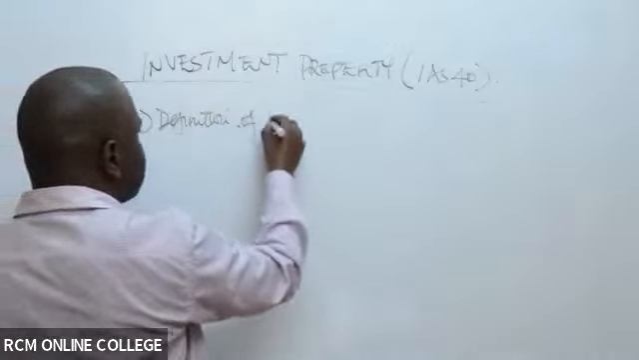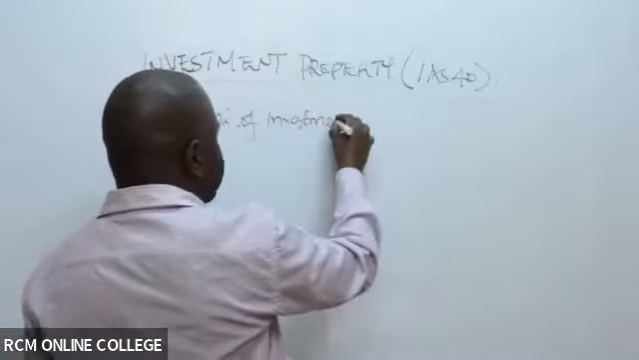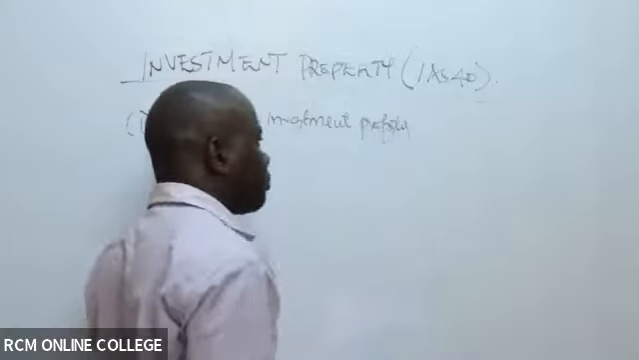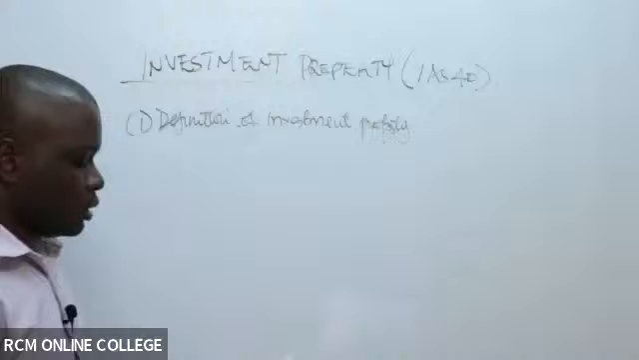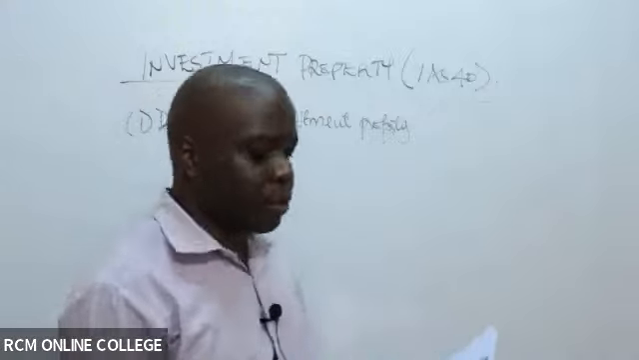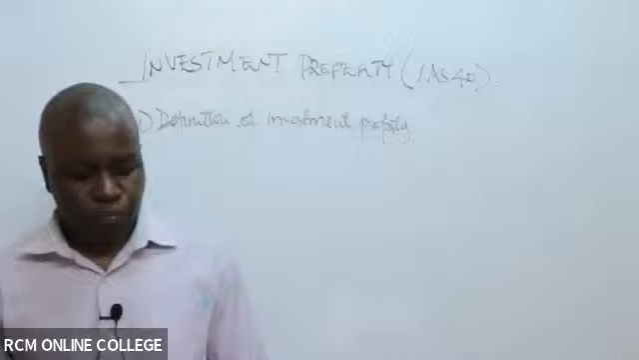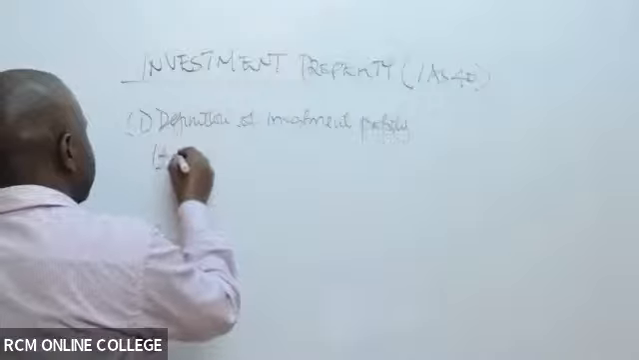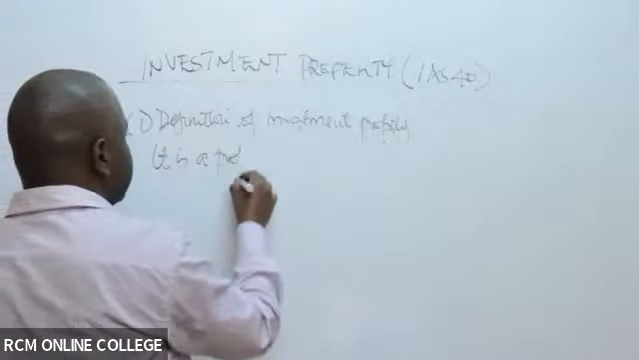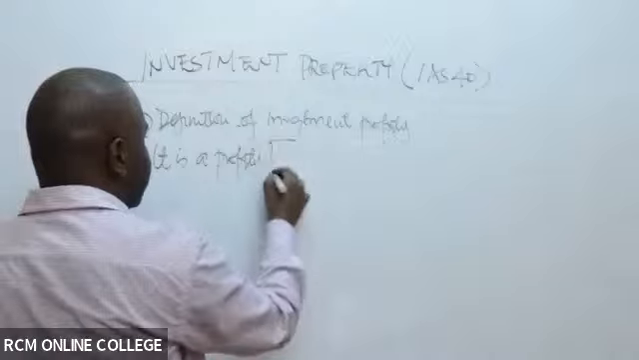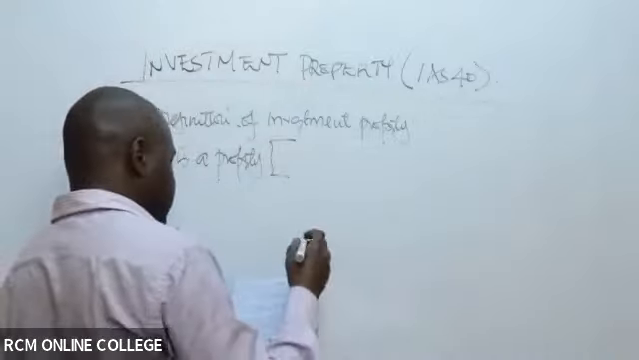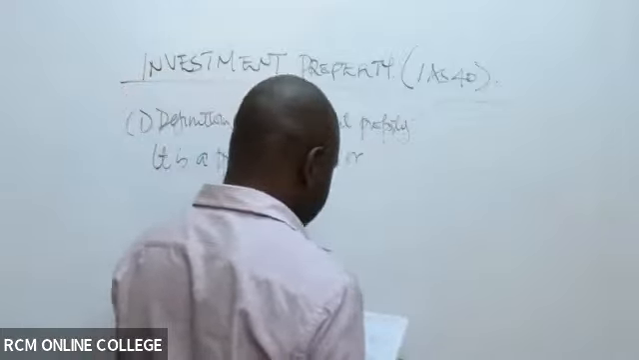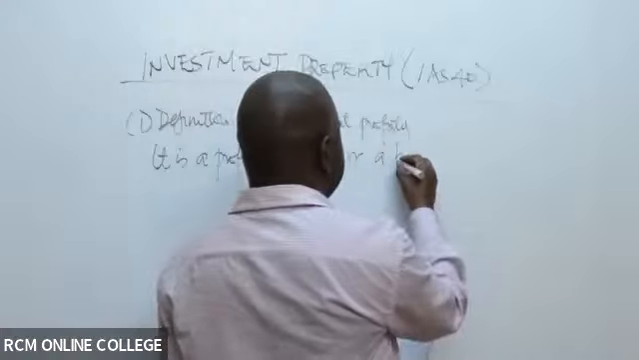Definition of investment property. So what is investment property? You can write, it is a property, in brackets, you can put land. It can be land or a building,